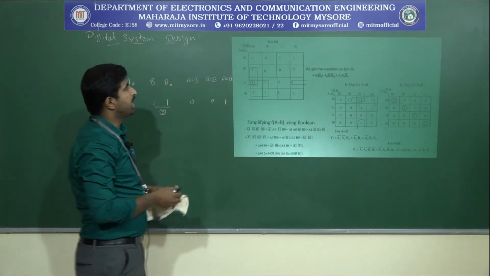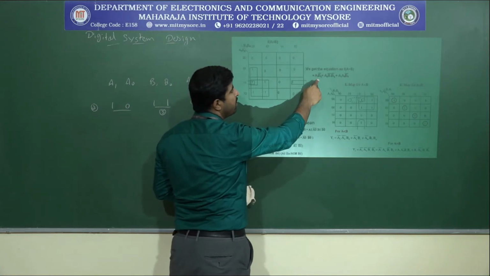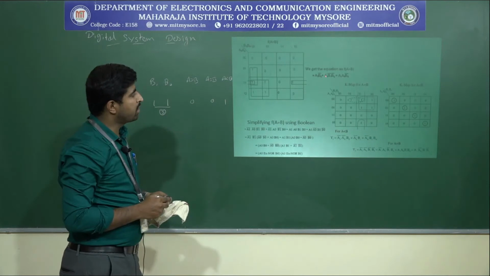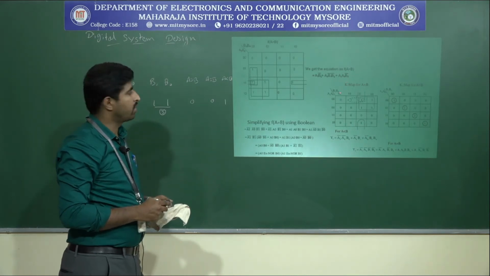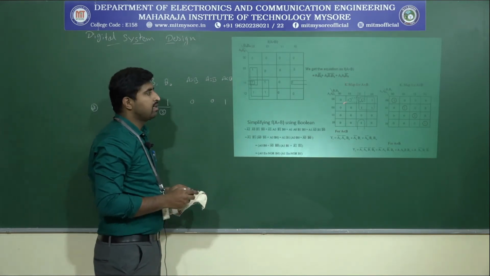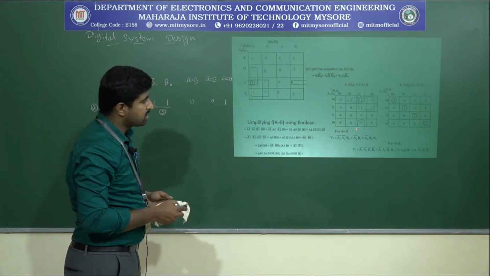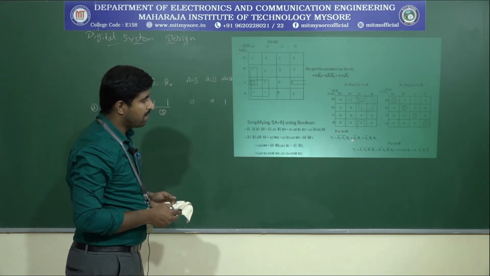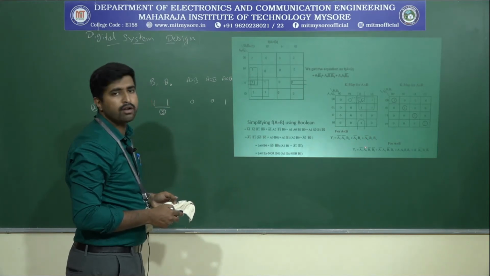This is the K-map for A greater than B, and the simplified equation for A greater than B will be A1 B1 bar plus A0 B1 bar B0 bar plus A1 A0 B0 bar. Next, similarly, when you apply the K-map for A lesser than B, the simplified equation will be A1 bar A0 bar B0 plus A1 bar B1 bar plus A0 bar B1 B0.